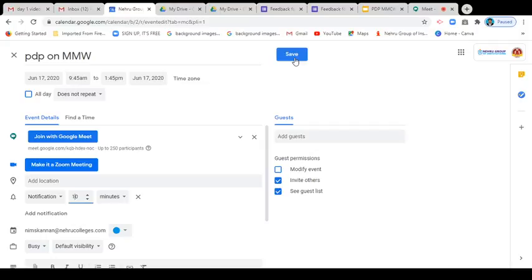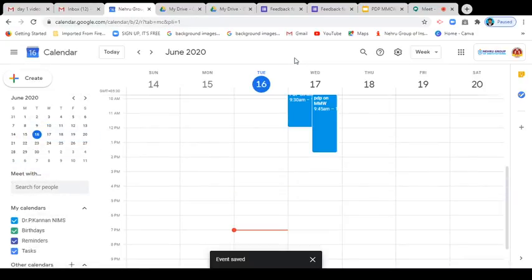Okay, so now automatically the meeting link is created. At the same time it is also sent by mail to the concerned resource person, and you can copy the link and make a draft and send it to all your participants. Okay, this is the way we can create the meeting code. For Zoom and all, you are already aware of that. I need not go into it.